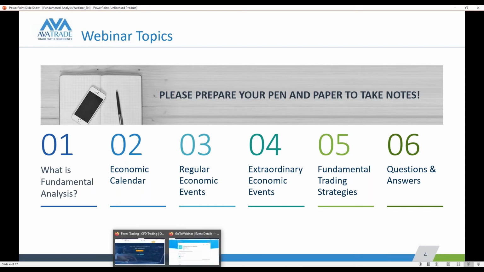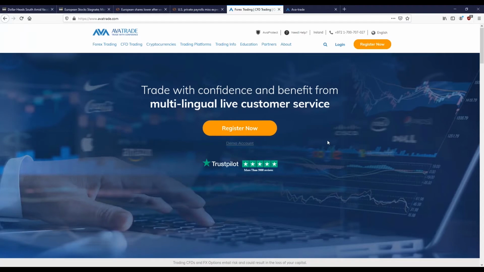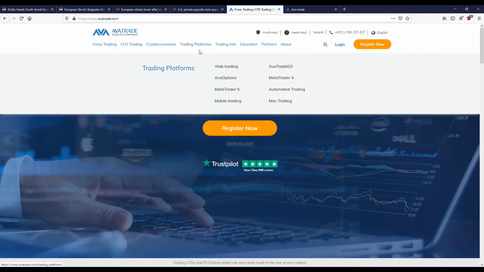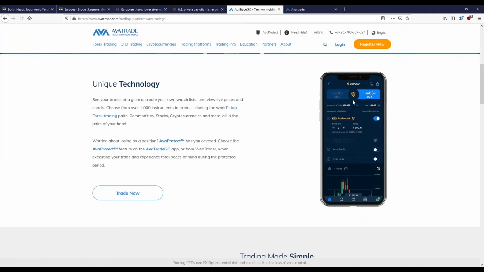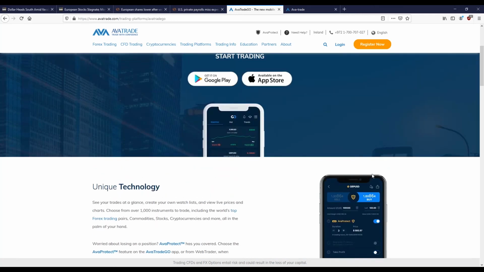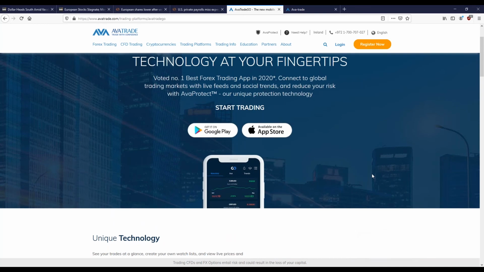Now, if we look at our main website as we get started, some things I'd like to point out. One is, if you look at our trading platform options, AvaTrade Go is where you'll find the Ava Protect feature. You see here in the order window, Ava Protect. I mentioned when we were talking about risk, it's one way to manage risk. If you're trading on gold, silver, or FX pairings, Ava Protect allows you to protect against any and all losses for defined time periods for a small premium cost when you open the trade. We'll take a look at that on our WebTrader platform as well. It's available on both our app and our WebTrader platform. So some nice risk management features.